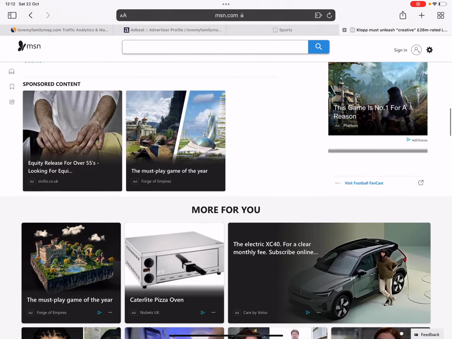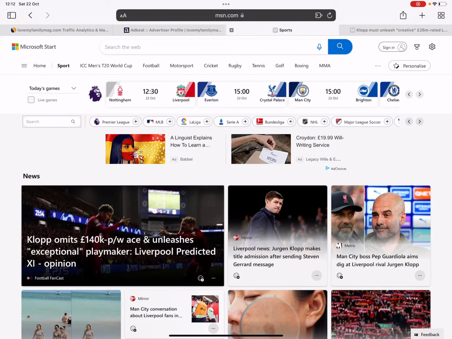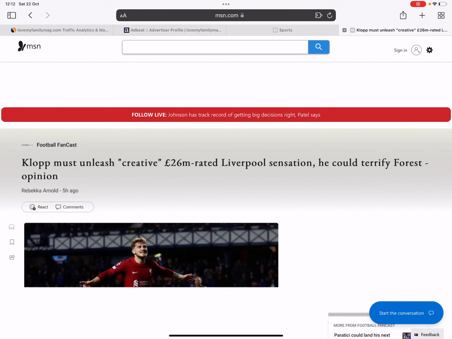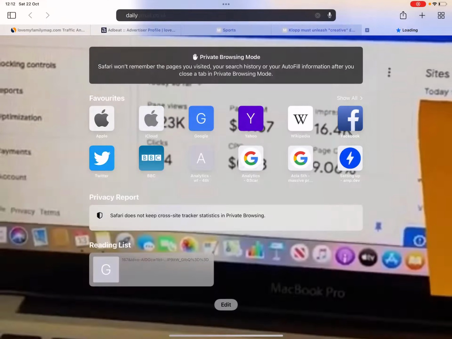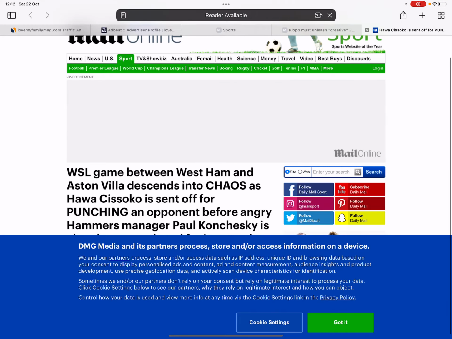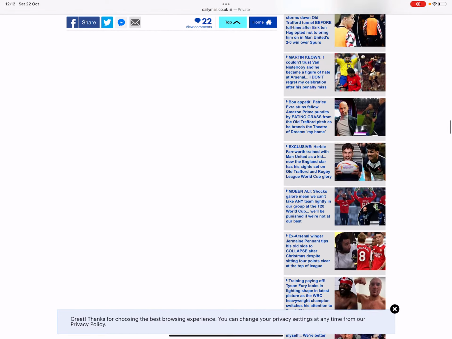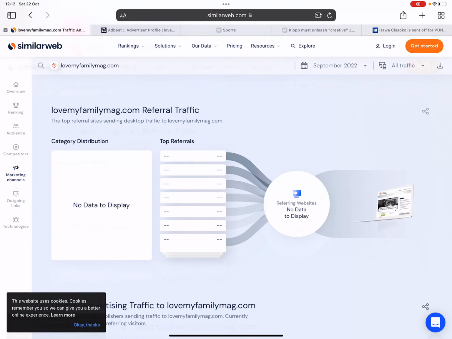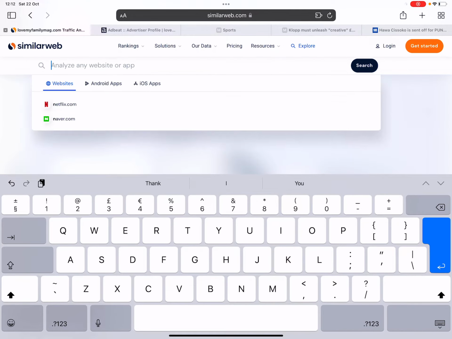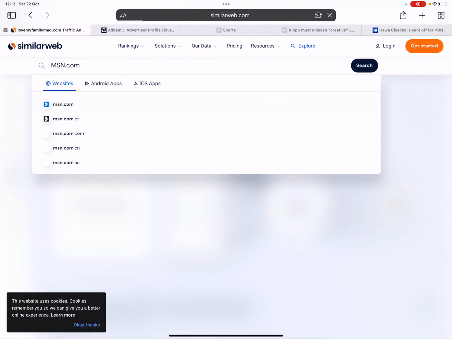So we just keep refreshing the page and looking until we can find some sort of AdSense ad that we can model, and look for proven ads on it. Again, these are high volume sites. If you take a look at MSN, the traffic it receives is ridiculous.